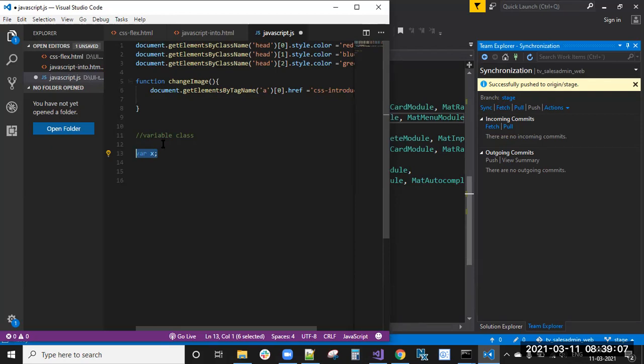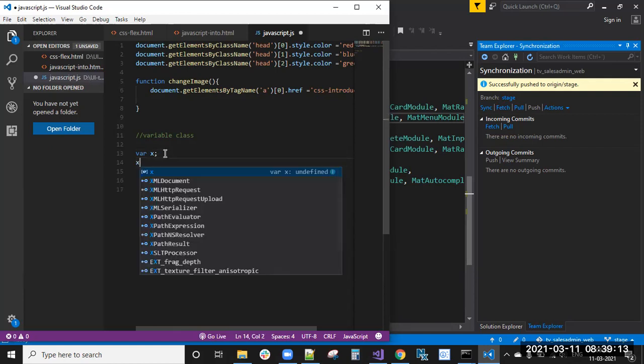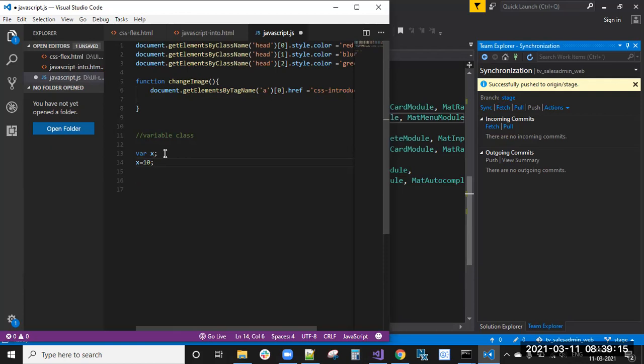Whenever I assign any value to that variable, like x equal to 10, this is the variable assignment. I have assigned a value of 10 to x, so in that box, I have kept a value of 10. You can remember it like that. Var x means you have created a memory location, one empty box. When you assign 10, you have kept the value 10 in that box.